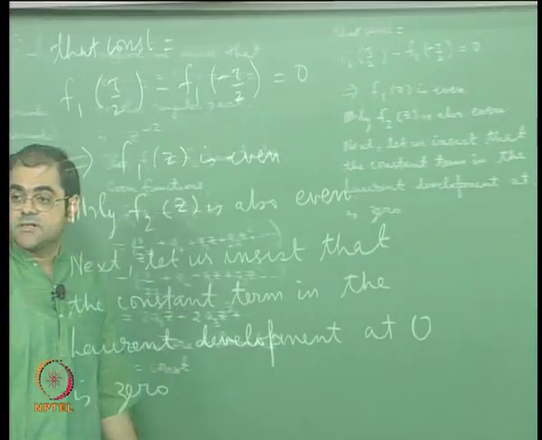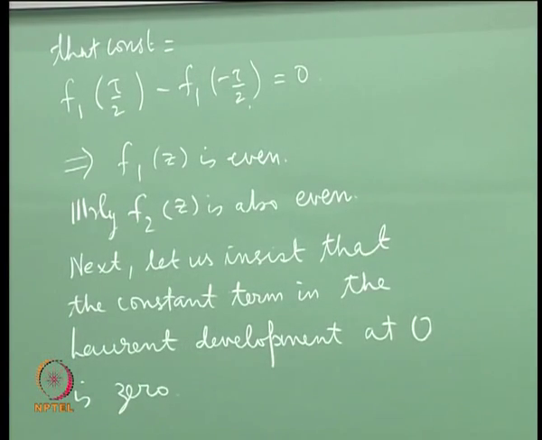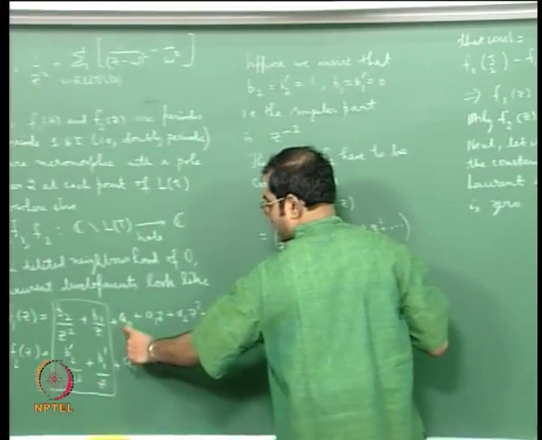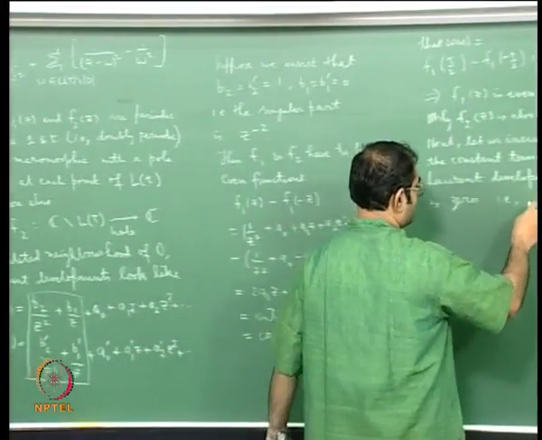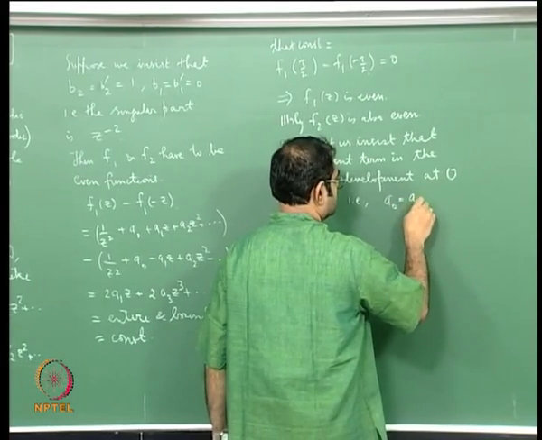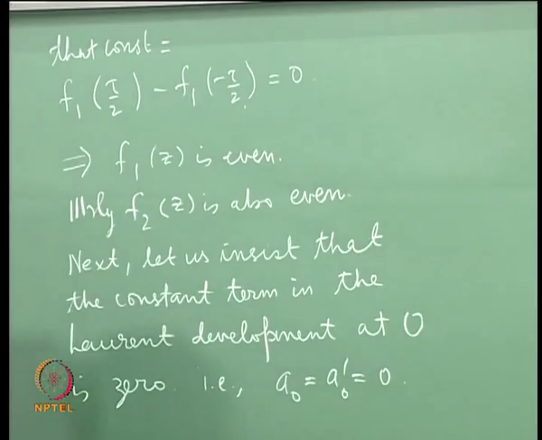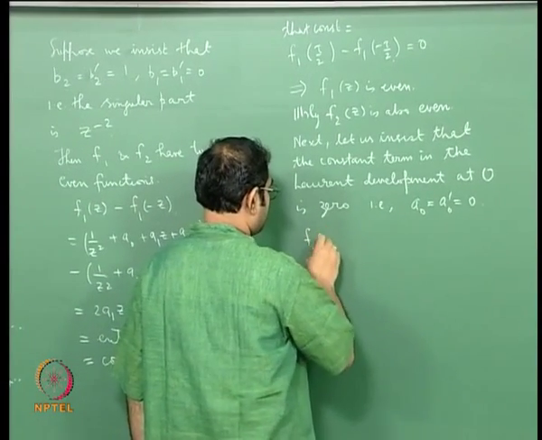Let us put this extra condition, okay. So in this discussion I am saying put a0 equal to 0, a0 prime equal to 0, okay. So you see what will happen is that f1 of z